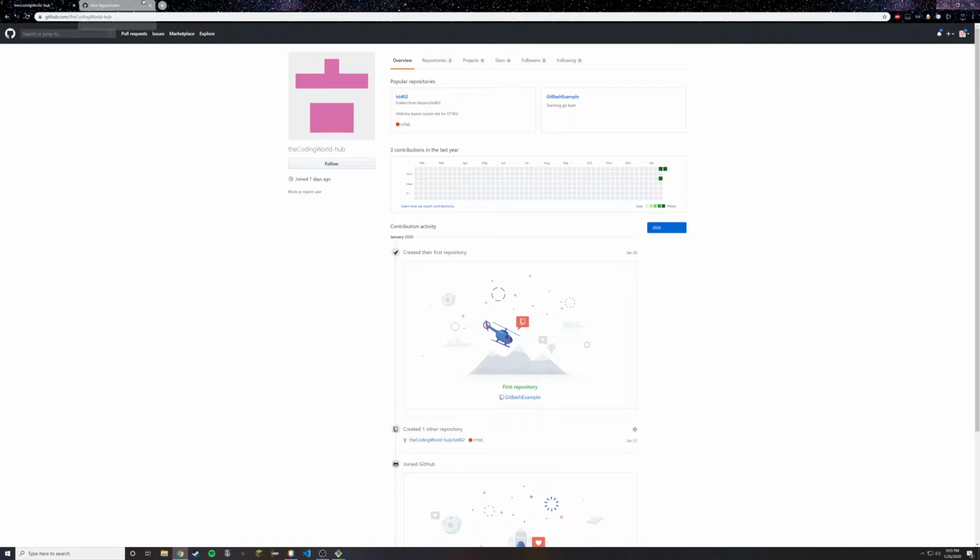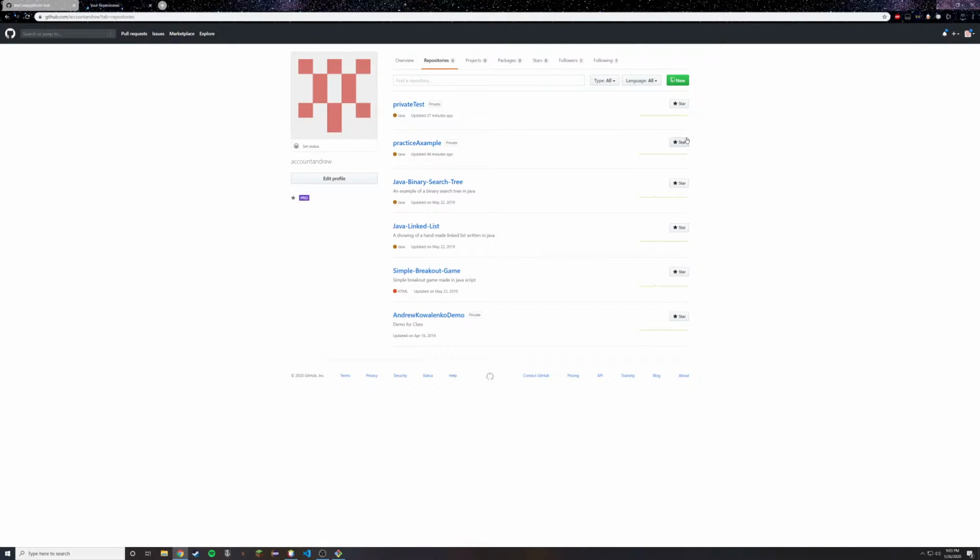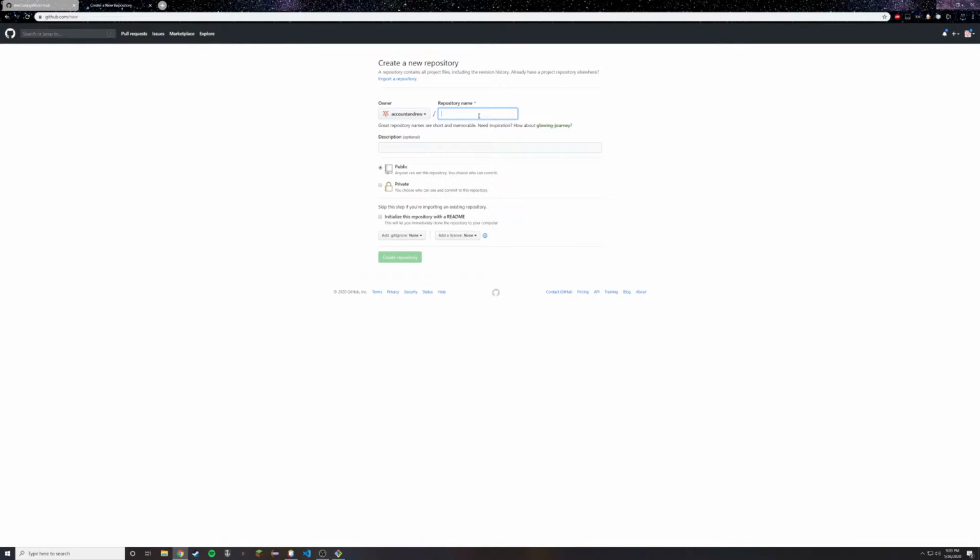So today I'm going to show you how to create a simple repository. So we're going to go to new repository. We're going to name this one, let's call it Git Bash example. Description